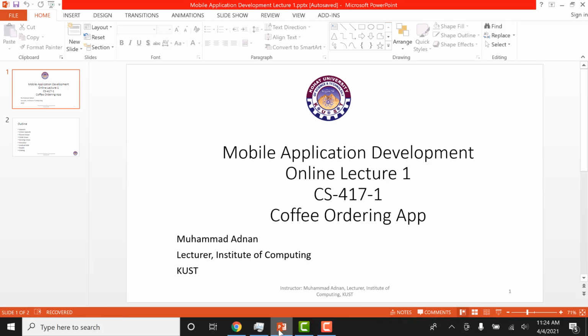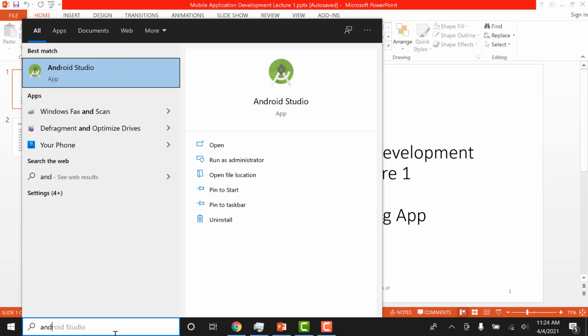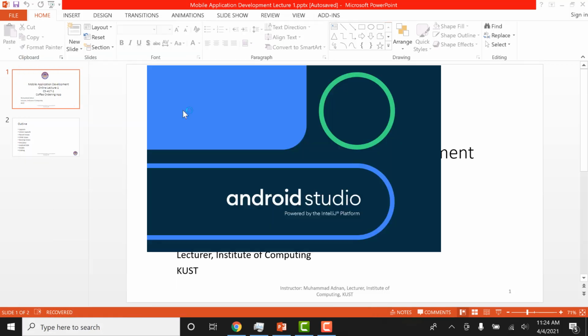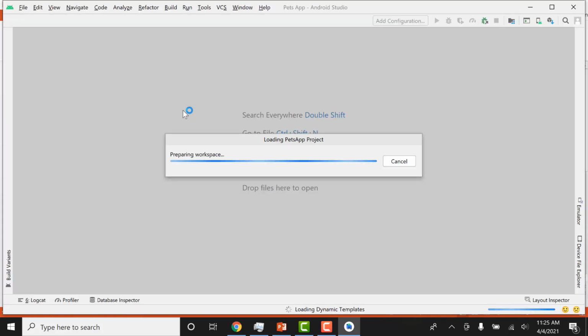So with that, I'm going to go straight away and let us start Android Studio. You can see that Android Studio is already installed on my computer system. Remember, you should have a good system in order to run Android Studio because it's a resource hungry software.